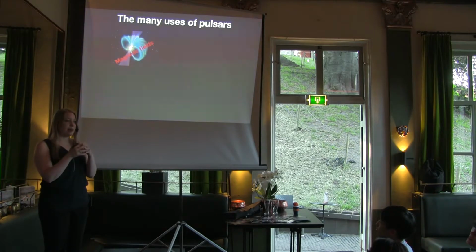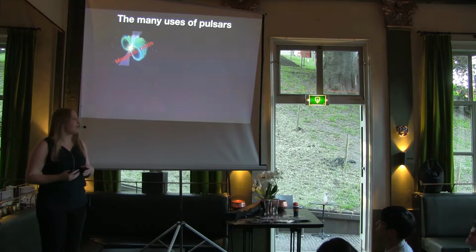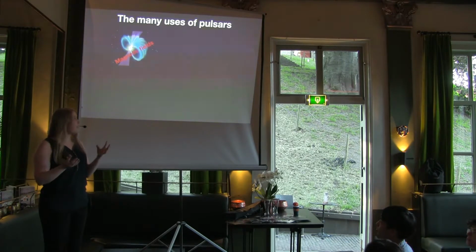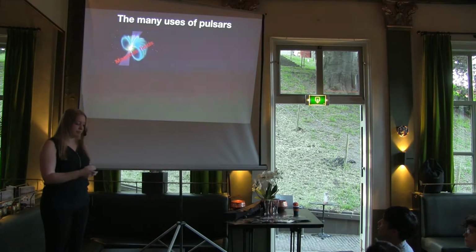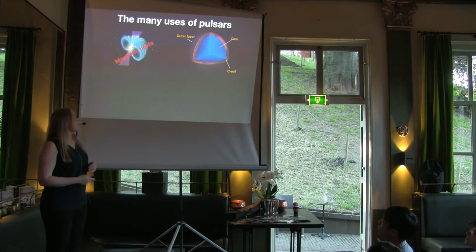So at some point when the star collapses, you increase the magnetic field. And this is actually one of the unknowns of this field. But we can test physics and we can try and find out why these stars have such huge magnetic fields by looking at pulsars. Another thing that's interesting about pulsars and neutron stars, just neutron stars in general, is that